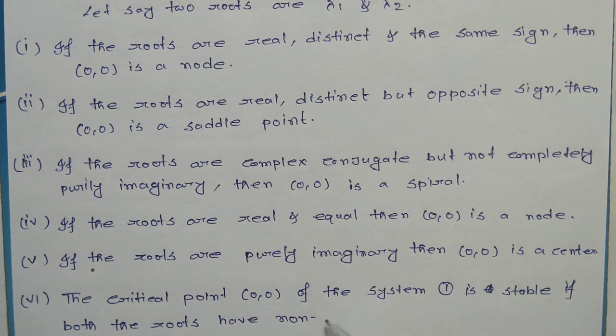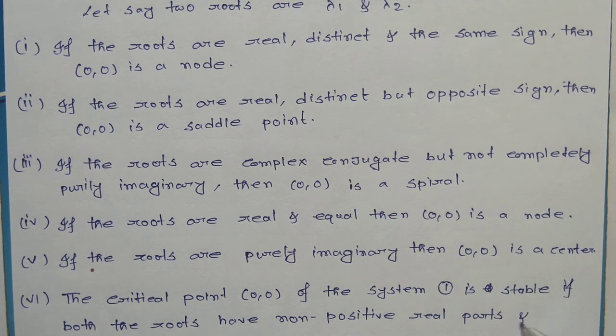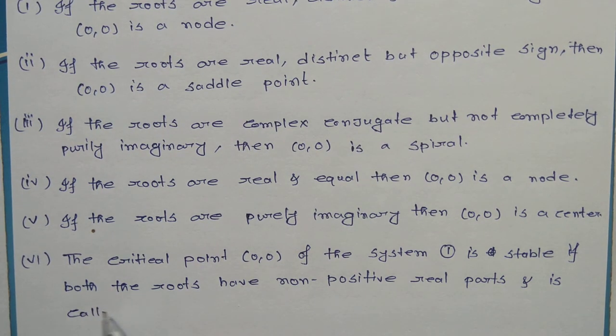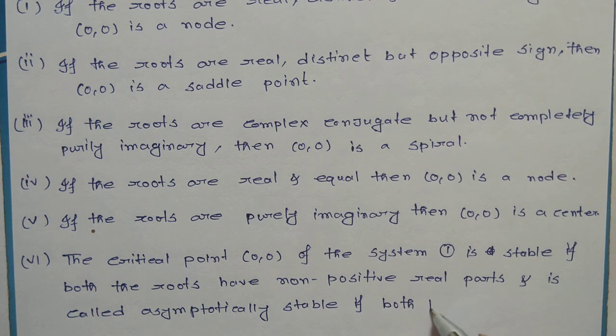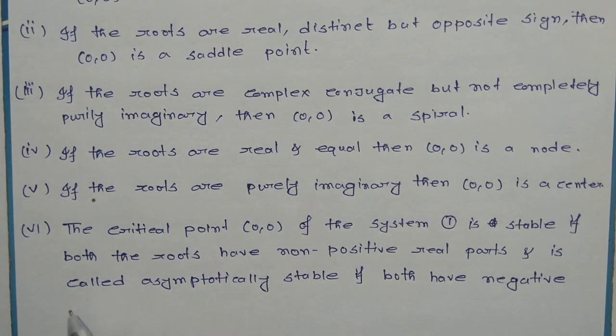And it is called asymptotically stable if both have negative real parts. Okay,